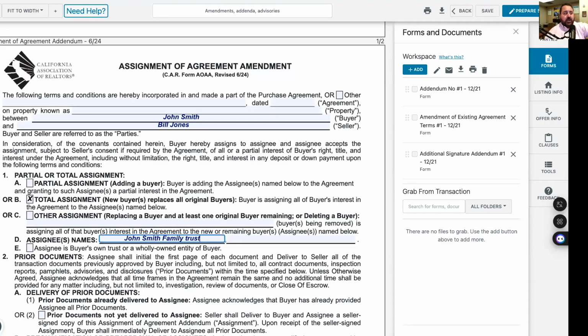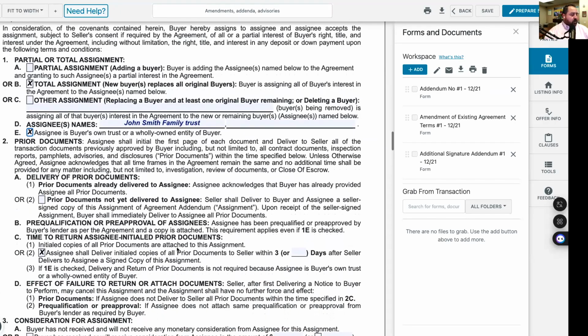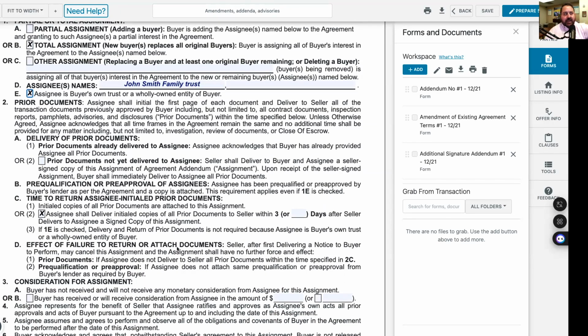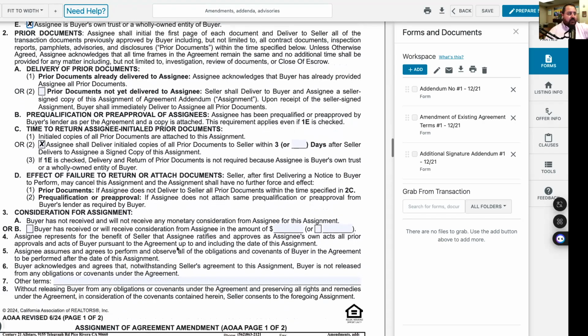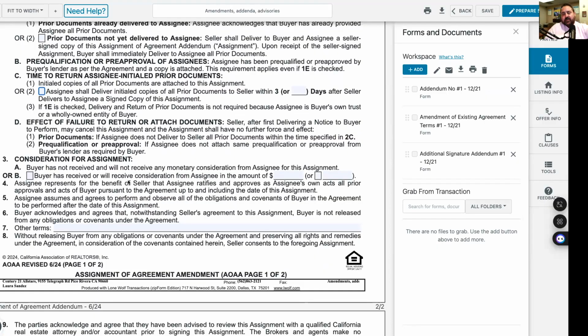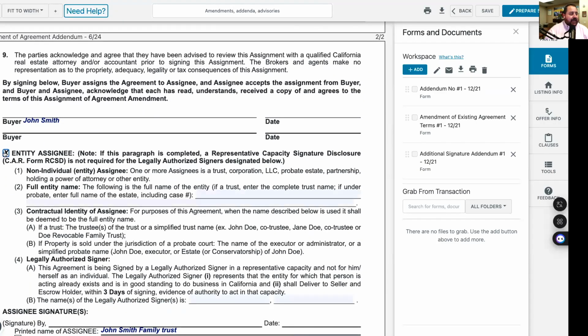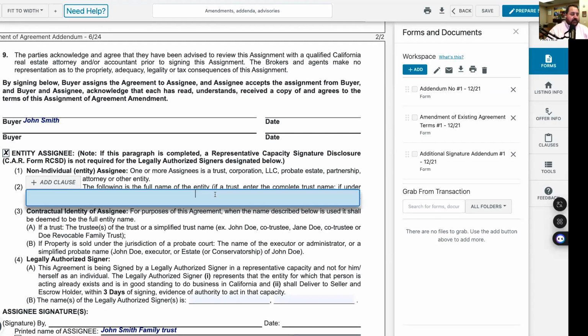Now we're transferring it from John Smith the individual to the John Smith Family Trust. And then I will check this box right here. Okay? Because it is my own trust. I own that trust. So I can go ahead and say, I want to transfer it into my trust. Obviously, if I'm the one that's signing on behalf, I've already gotten all of those things. I've already initialed all the copies, right? There's no consideration, and we're going to talk about consideration next. And now it's an entity assignee, right? So the full entity name is, again, we're going to put the John Smith Family Trust,